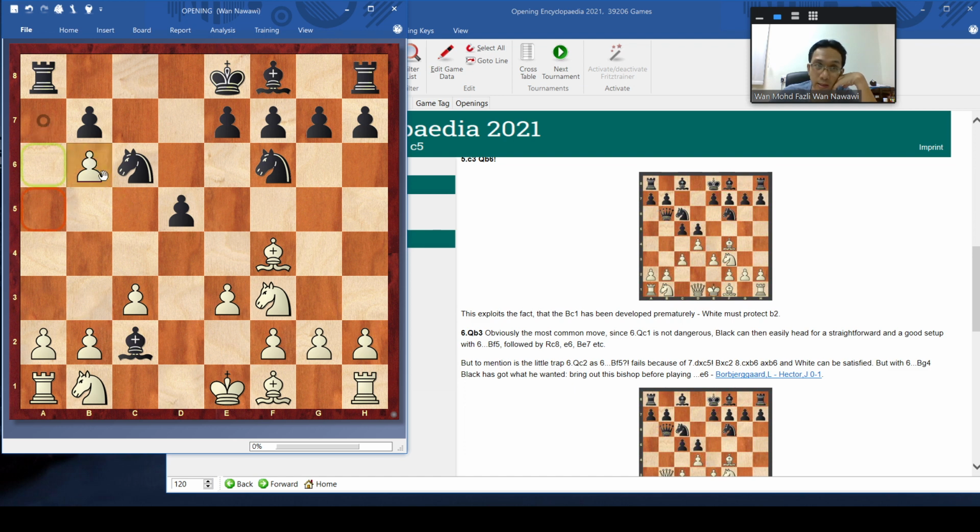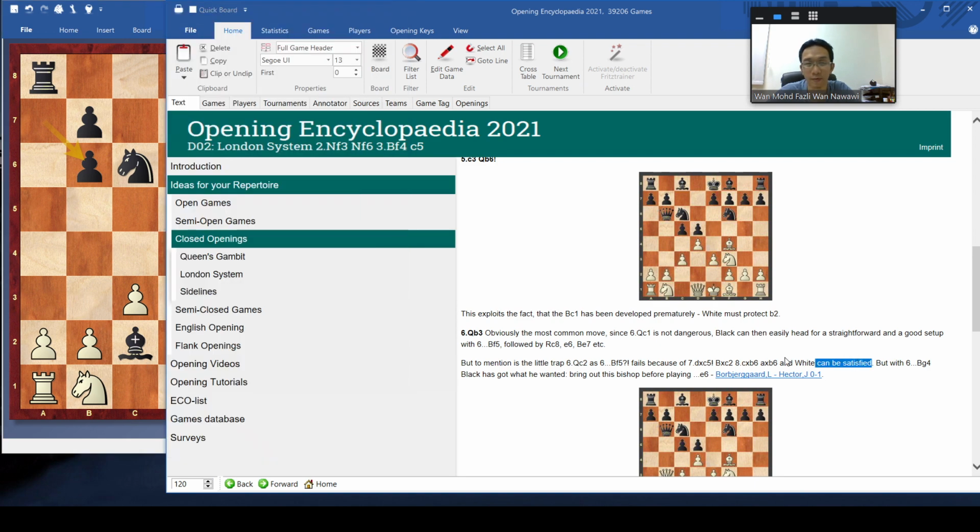And then here white has better, because this pawn, even though as I said before it's not really bad, the structure here favors white, I mean white can be satisfied lah.